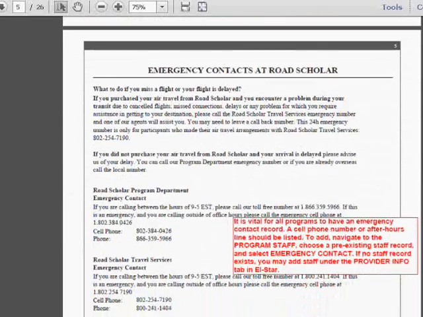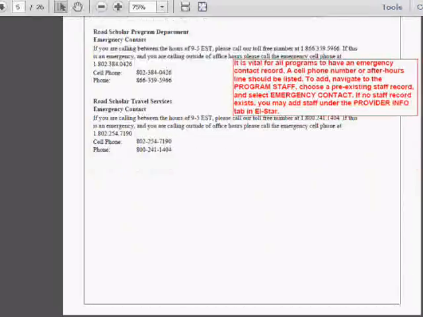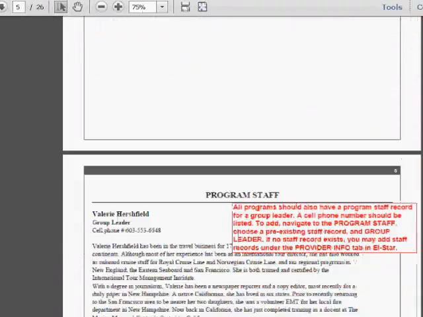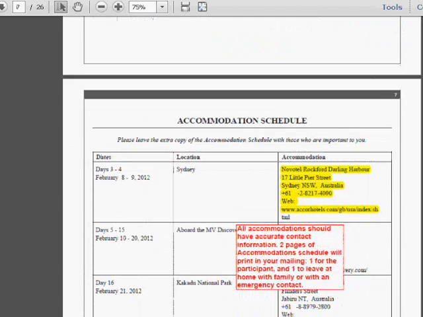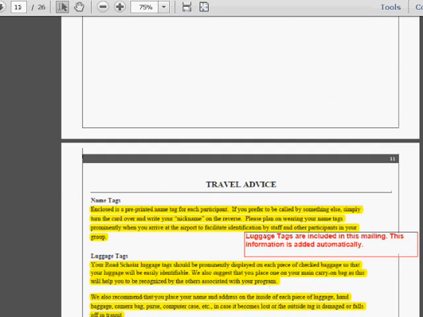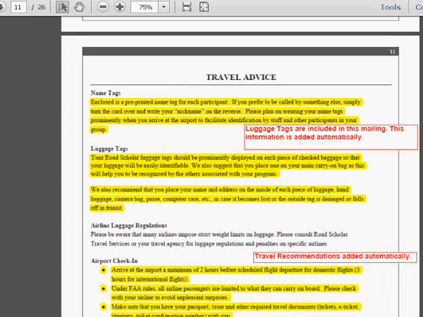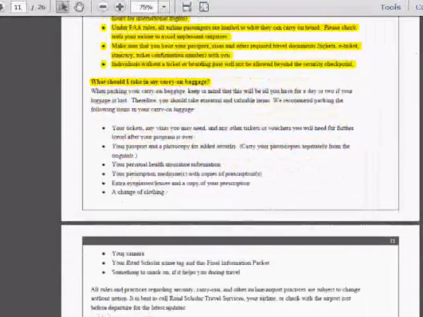The emergency contact information comes from the program staff record you added and designated as an emergency contact. This information comes from the program staff member record that you added and designated as the group leader. 2 copies of the accommodation schedule are included in the mailing, as well as the final itinerary. Most of the travel advice section is boilerplate text. Mailings for U.S. and Canada Adventures Afloat programs will not include the information from the airline regulations section through the